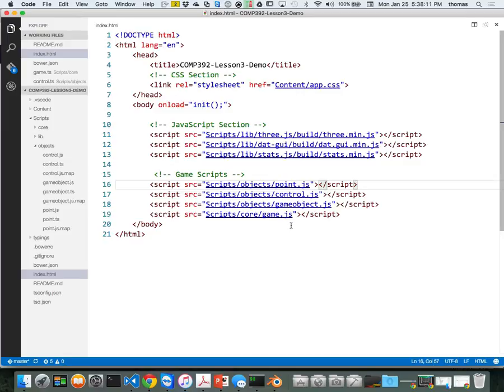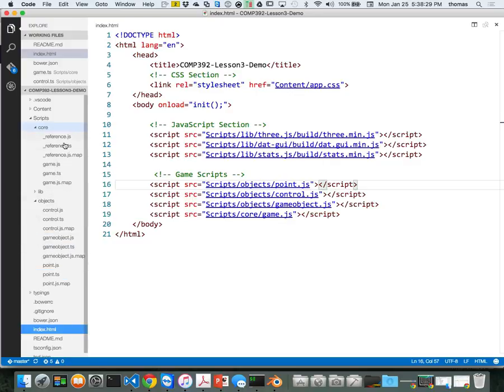That's part 2. You write your module in a separate file, it creates a namespace with the module keyword and the export keyword to expose. We have to include it in our index.html. That's the second piece. Third piece, in our typings, under the